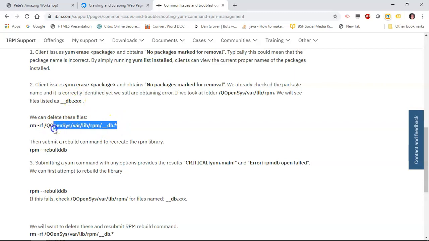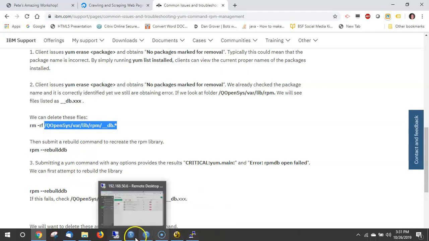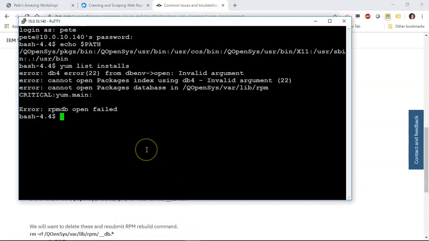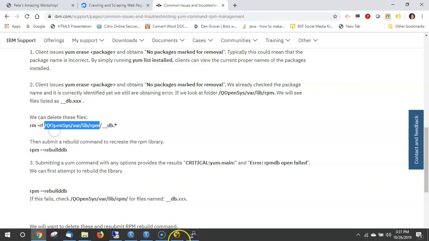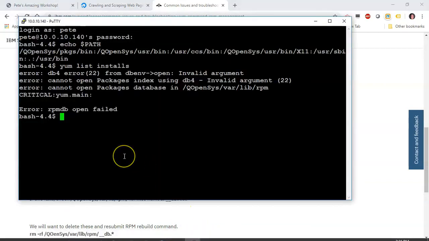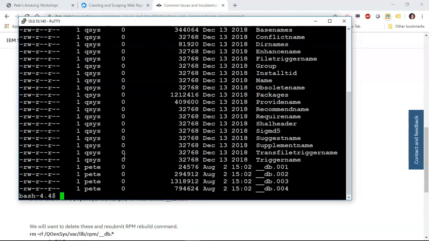So what we're going to do next is find these files. You can see them if you do an ls. Just steal that path real quick, go all the way down to the RPMs. Probably just do it faster on the command line. Do this ls -l. You can see those DB files down here,